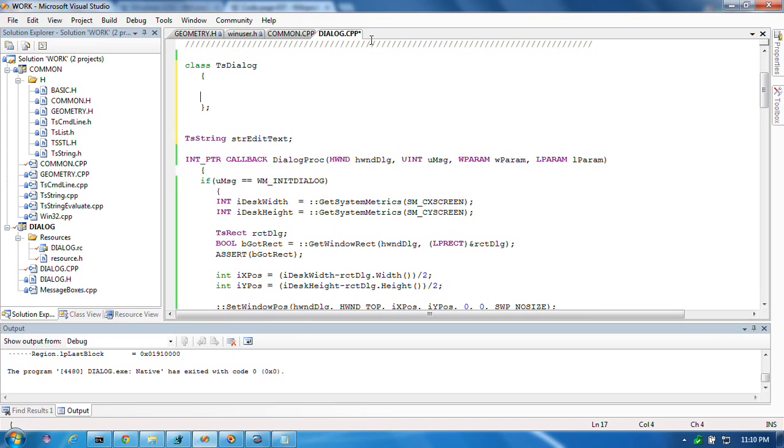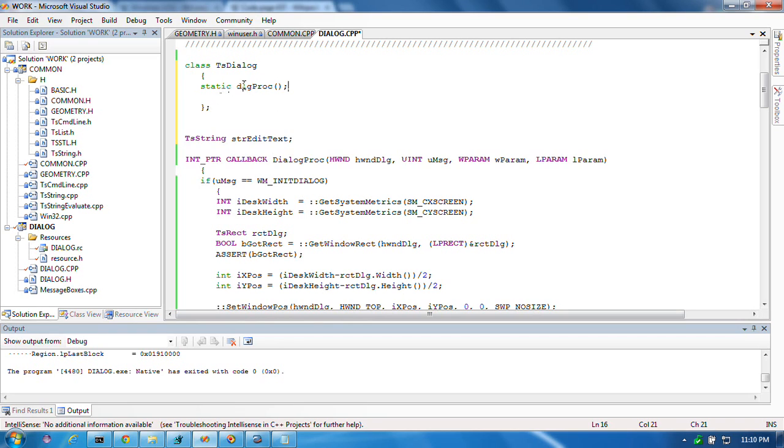Now, somewhere in here there's going to be a special DialogProc, a secret static proc, okay? And that code will do something, but